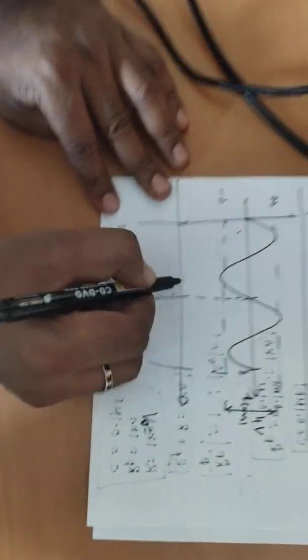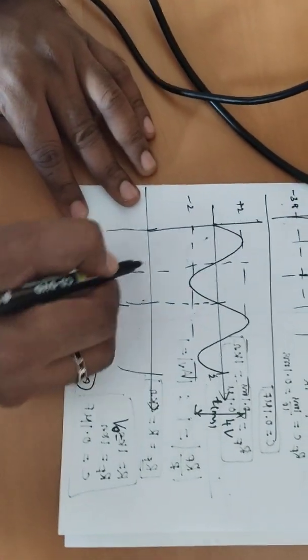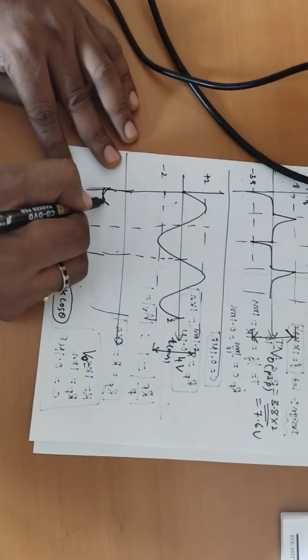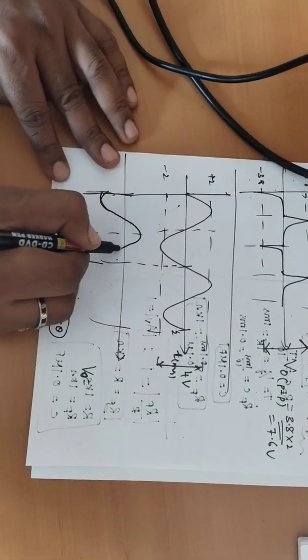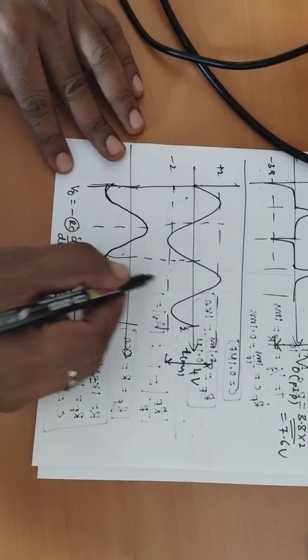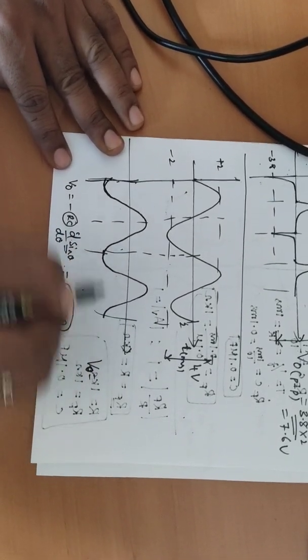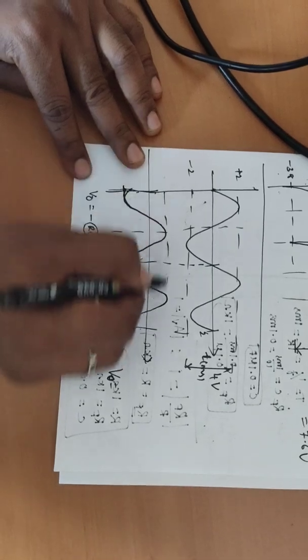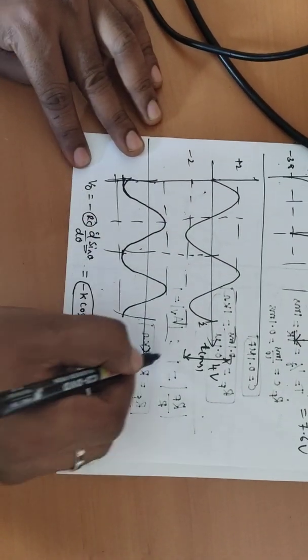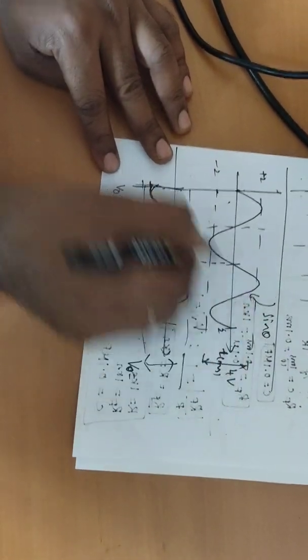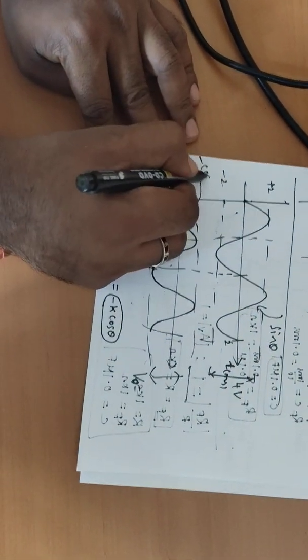So minus cos theta starts from minus 1, starts from the negative peak. One cycle also ends at the negative peak. Similarly, the second cycle also starts from the negative peak and ends with the negative peak. Now I have to measure the V out peak to peak value for the second signal. So when the V in is sin theta, we get the output as minus cos theta.